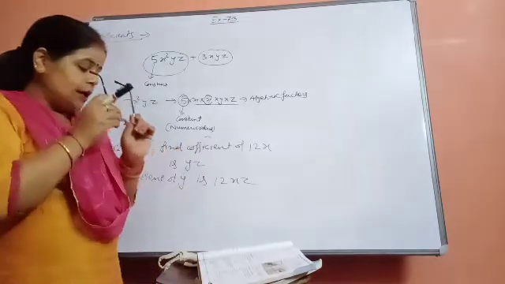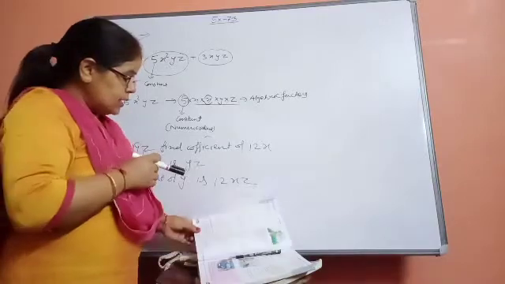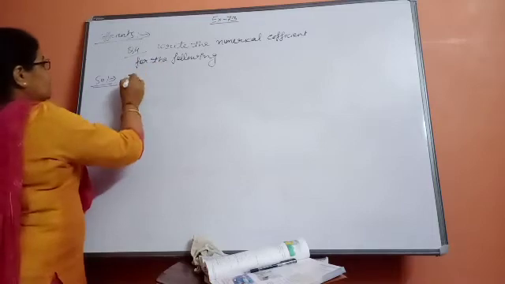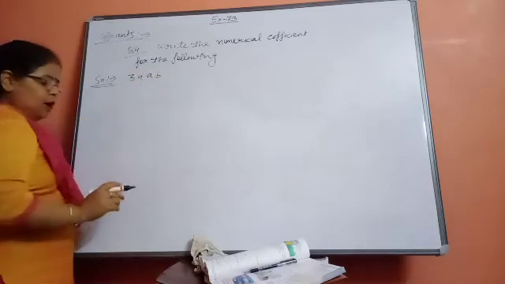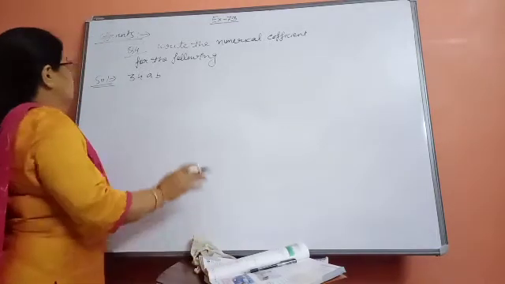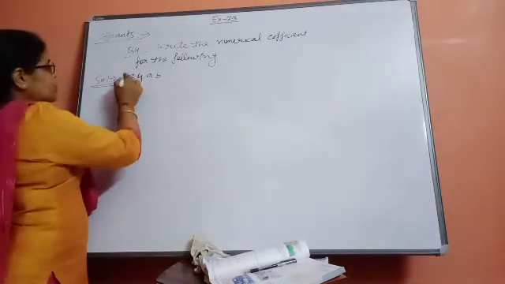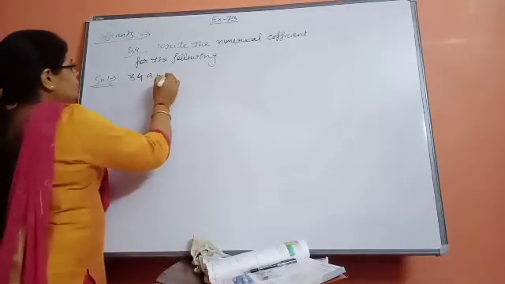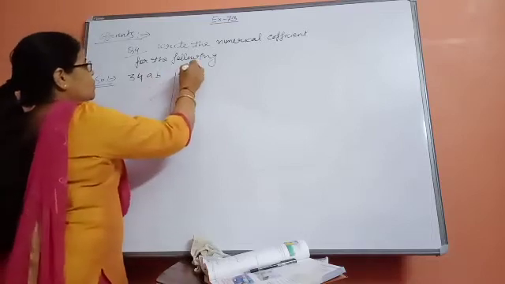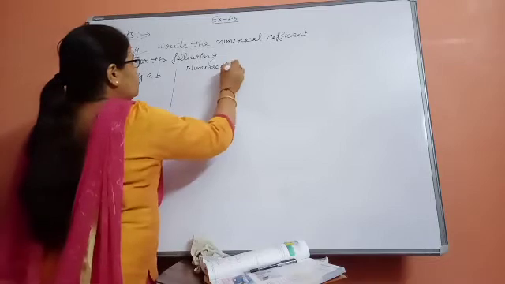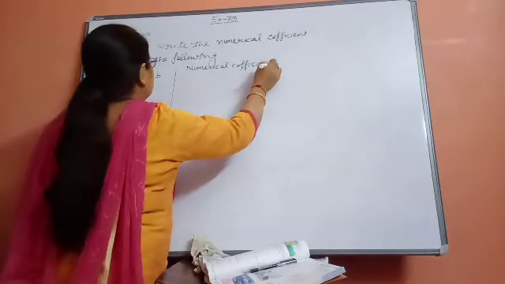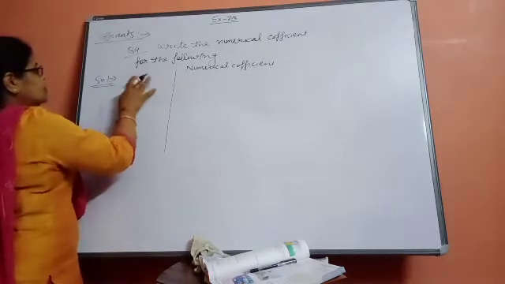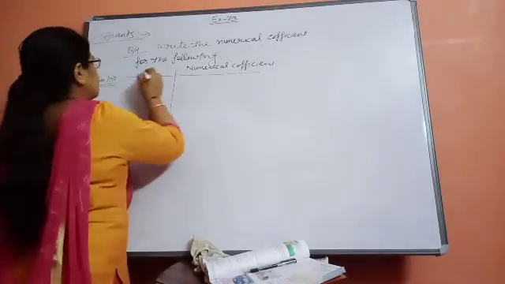Okay, now come to question number 3 of exercise 7.3. Beta, write the numerical coefficient for the following. 34ab is written. Okay, you have to write the numerical coefficient of this one. Numerical, what I taught you, numerical means whatever arithmetic value is given to you. So for 34ab, make the column numerical coefficient. Okay, in this way you can write. And here you just write the questions. Make the chart like this.